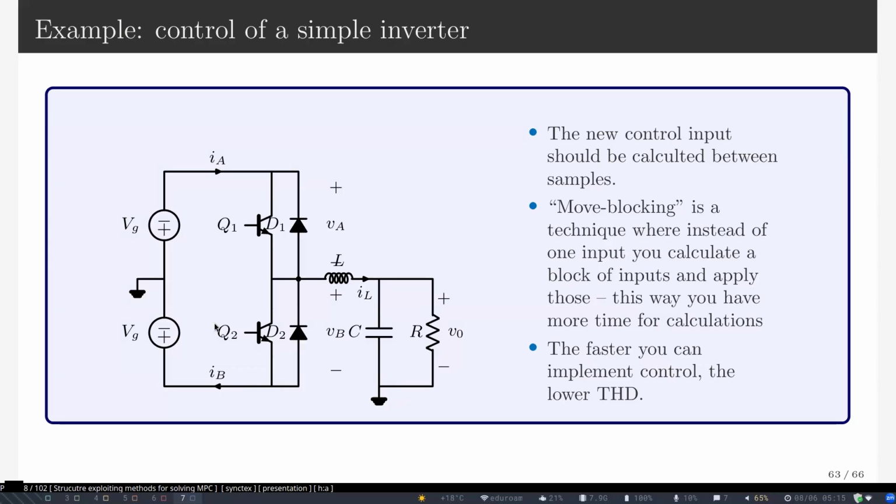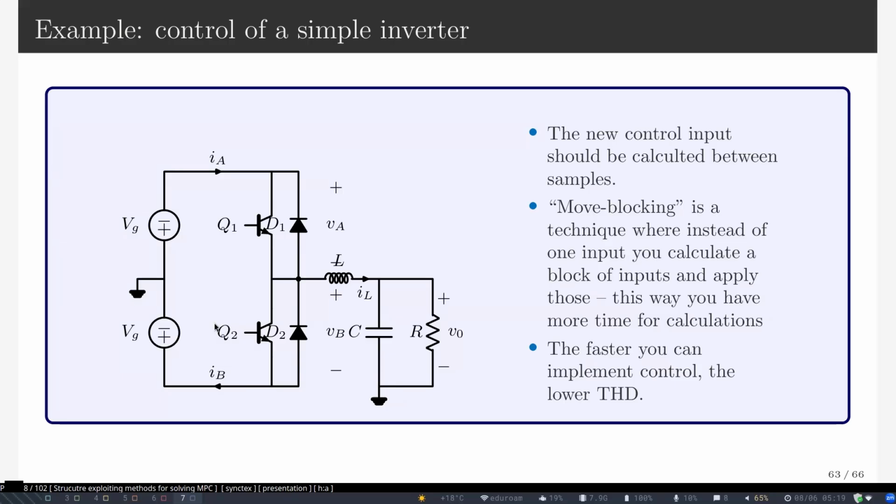Now there's another way of drawing it. For some strange reason, many years ago, they asked me to teach electronics. So I learned all sorts of things that I didn't know I would ever learn. The way that the converter works, transistor Q1 turns on. Q1 and Q2 operate in complementary signaling. So when Q1 is on, Q2 is off. When Q1 is on, diode 2 conducts. When Q2 is on, diode 1 conducts.